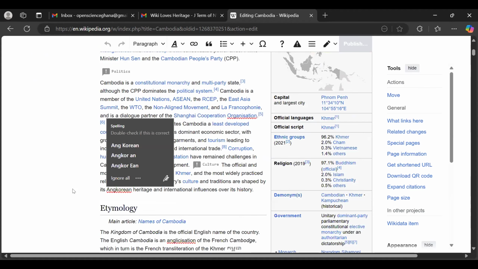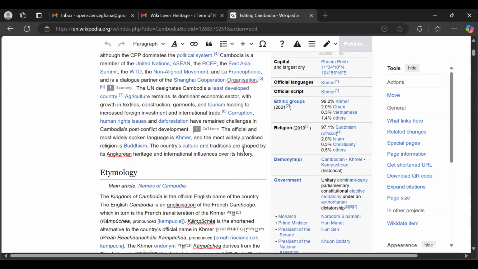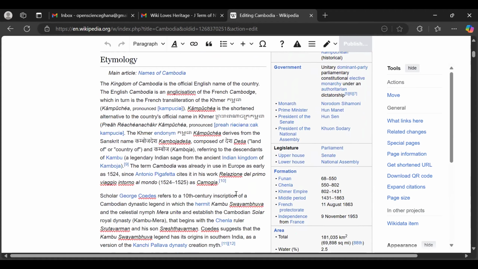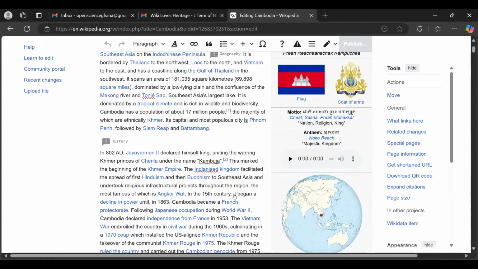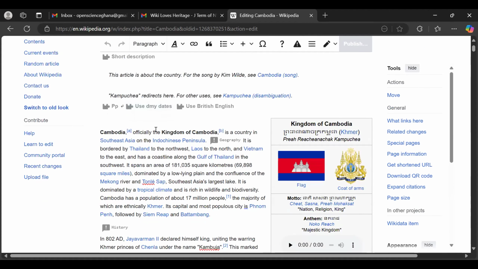So since this is a standard article, we wouldn't want to edit it because it's fully semi-protected. But let's look at the beginning of the article, the structure of the article. And I also, as I always mention, do not start creating full articles on your own. Just starting a line like this from the first to this is enough, because Wikipedia is a collaborative platform. Don't bother about creating a full article. Just start it and leave it.